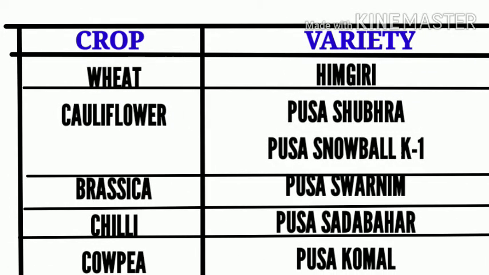So now let's move on to the trick. Here the varieties are listed against the crop. Once you go through this table a few times, you get easily familiar with the names of the varieties. But what becomes difficult is to connect the name of the variety with a particular crop. So let's start making it easier.